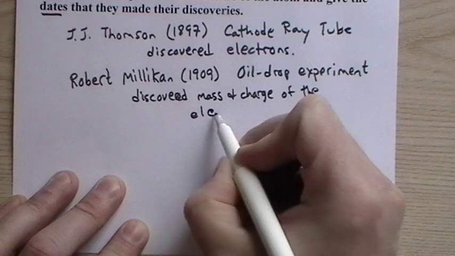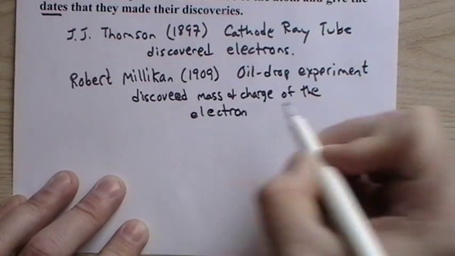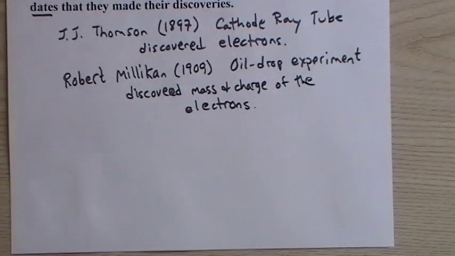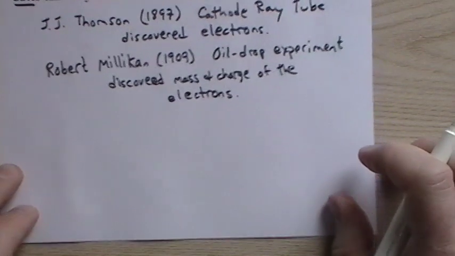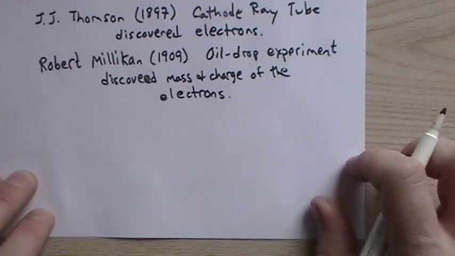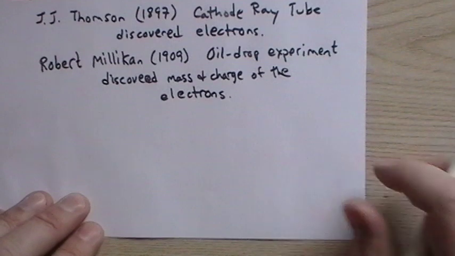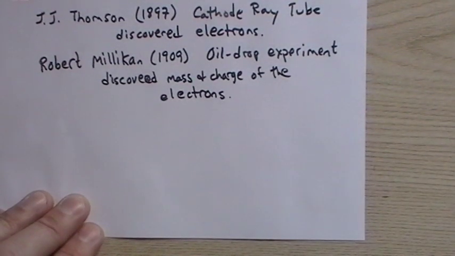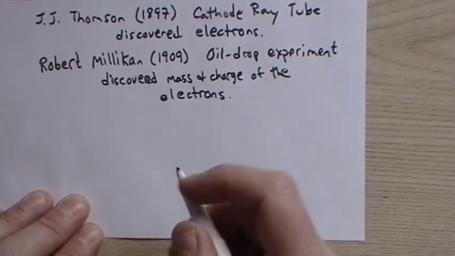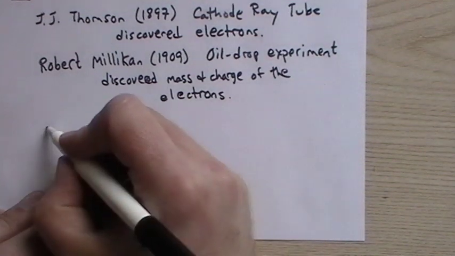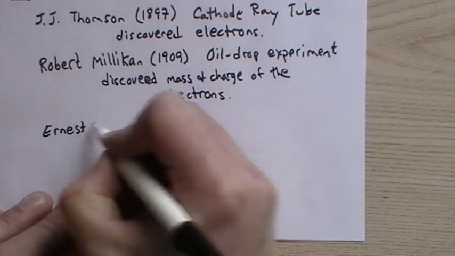So Thomson discovered that there were electrons, that they were negatively charged. But all he could find is the mass to charge ratio. He couldn't find either the mass or the charge, just the ratio of the two. And Robert Millikan came along and determined the mass and charge of subatomic particles back in 1909. Not too shabby. And then Ernest Rutherford